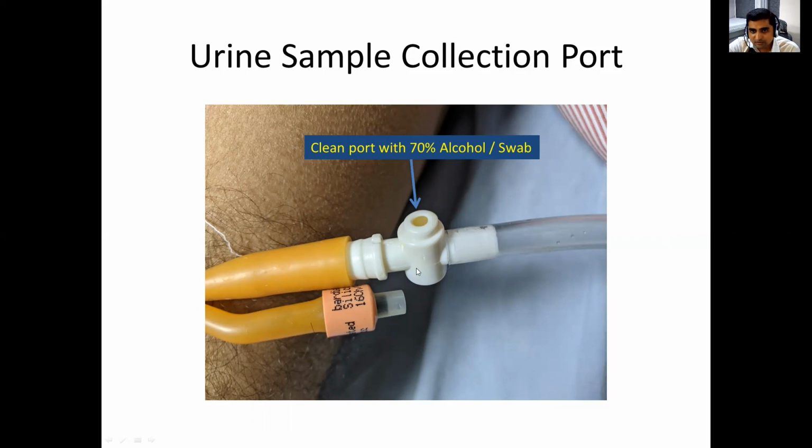So a urobag should be used which has a urine collection port, and it usually has one clamp also just distal to this urine collection port. Whenever required to collect the sample of urine with no touch technique, first it should be cleaned with 70% alcohol or an alcoholic swab, and then after 15 to 20 seconds we can take the sample with a sterile syringe with non-touch technique and then pour it in the urine container, and it should be labeled properly.